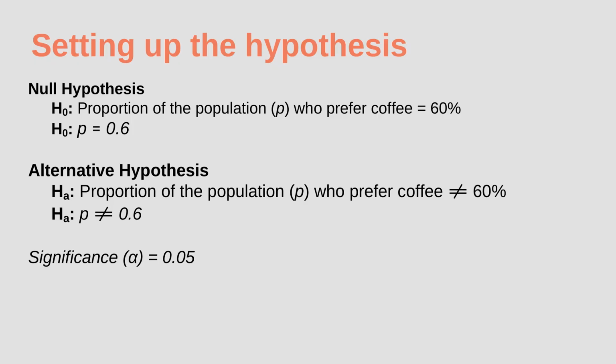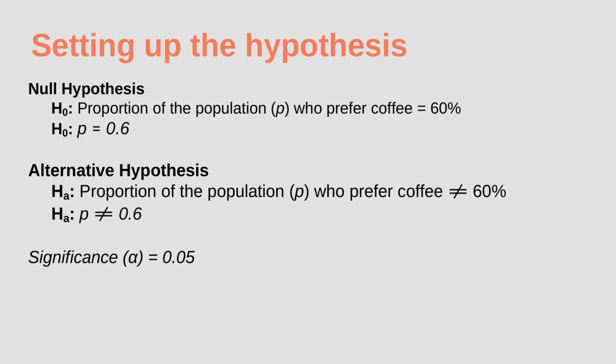We'll first set up our hypothesis for this test. We are looking at whether the proportion of people who prefer coffee is different from 60%. Our null hypothesis, H0, states that the proportion of the population who prefer coffee is exactly 60%, or P equals 0.6. The alternative hypothesis, HA, challenges that, suggesting that the true proportion is not equal to 60%, meaning it could be higher or lower. This is a two-tailed test because we're interested in detecting any difference from 60%, not just an increase or decrease. We have set our significance level alpha to 0.05, which means we're allowing 5% chance of rejecting the null hypothesis